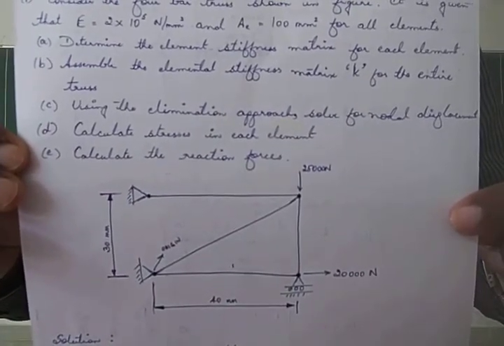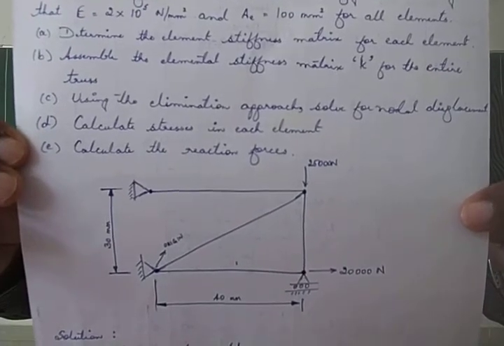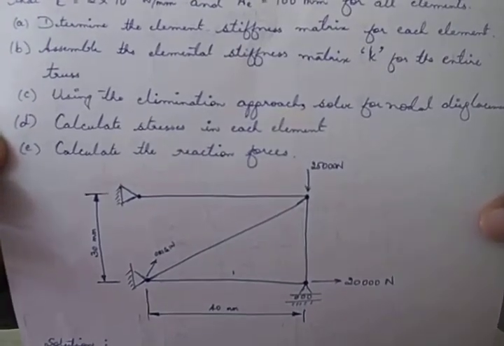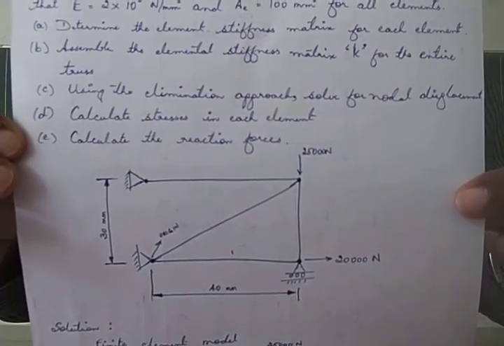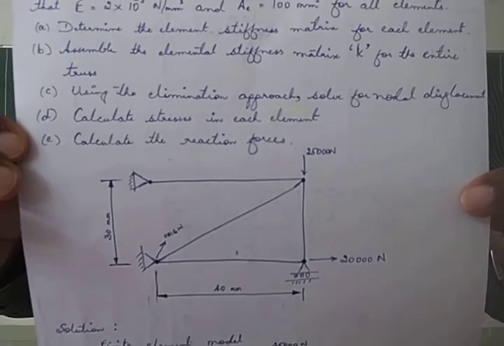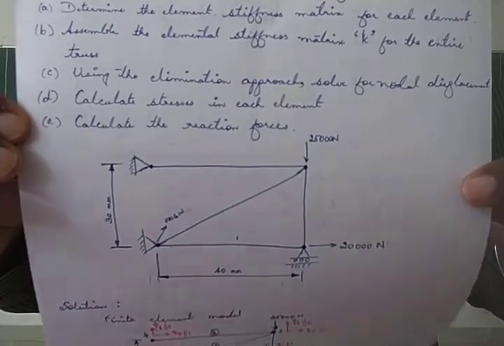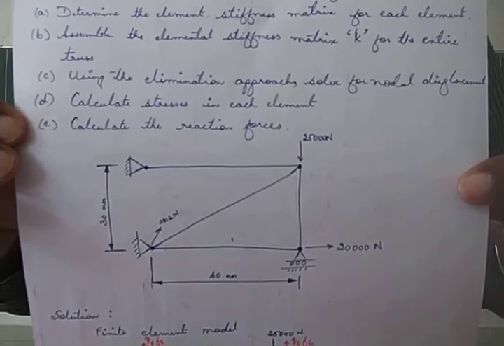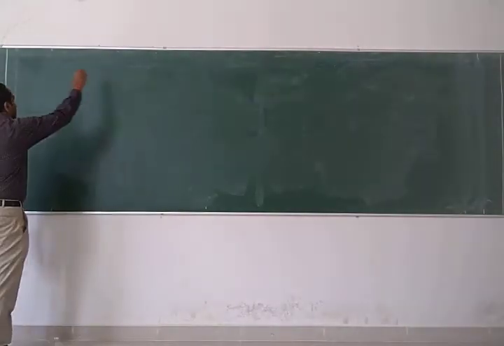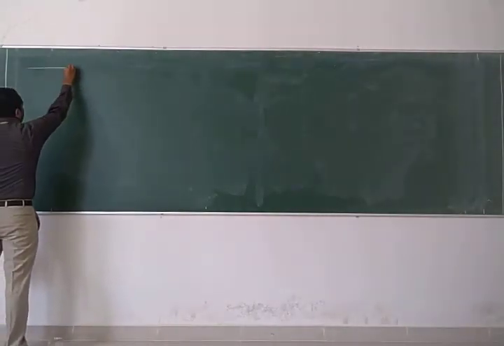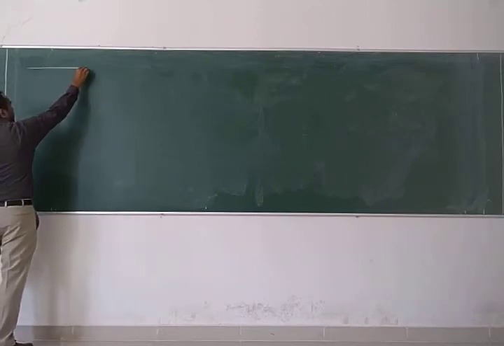The very first thing that we'll do is, my suggestion is you first write down this diagram in your notebook, because we will be referring to this diagram in the solution stages, but maybe even the board will not have sufficient space to retain the diagram for obtaining the solution. So I'll write the finite element model for this. The first step is to write the finite element model. Whatever truss element is there, we'll write it as it is,